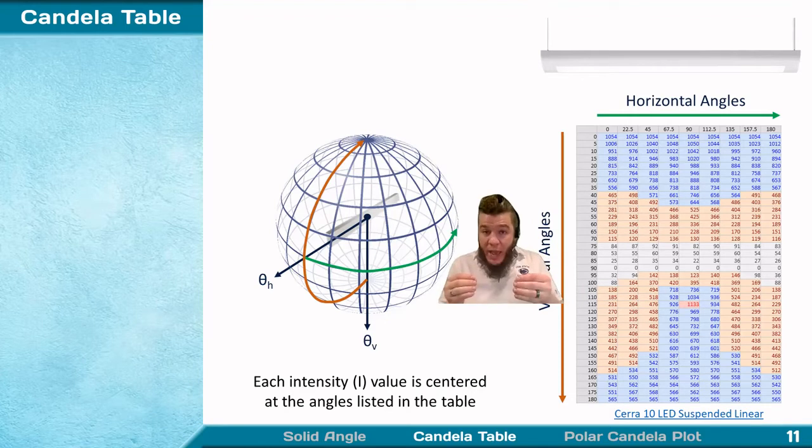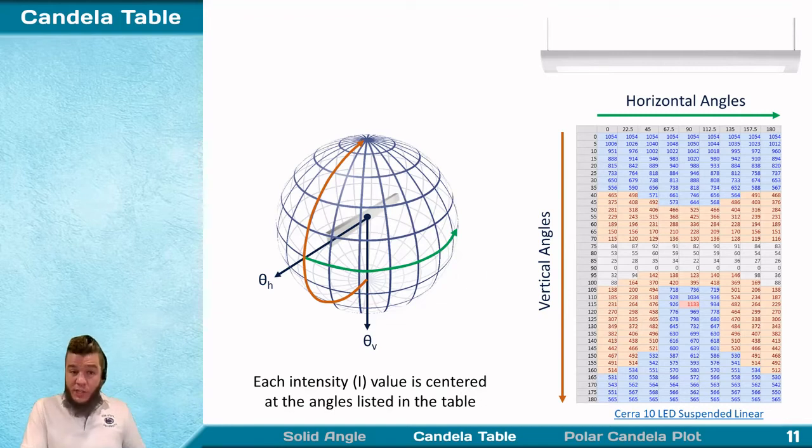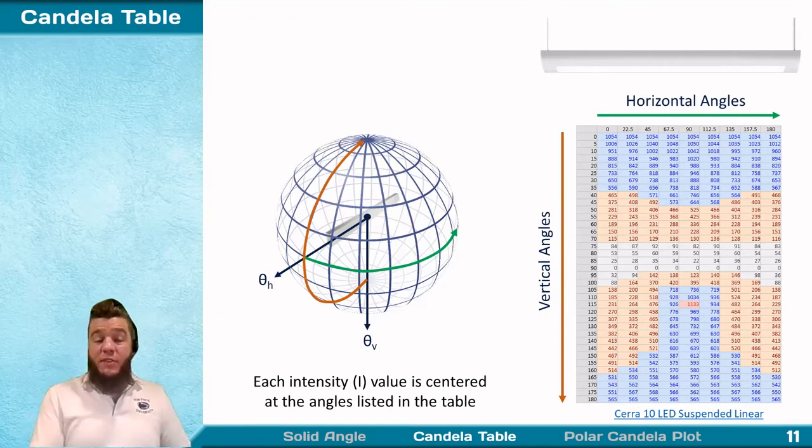And each of these patches is a rectangle projected onto the surface of a sphere. So we define the edges of those by going halfway between the box we're interested in and the next box up and the next box down. So let's take a look at that in equation form and define the solid angle of a particular rectangular